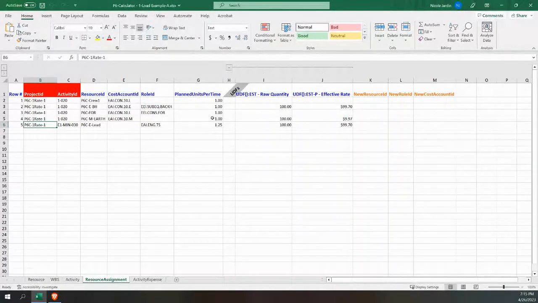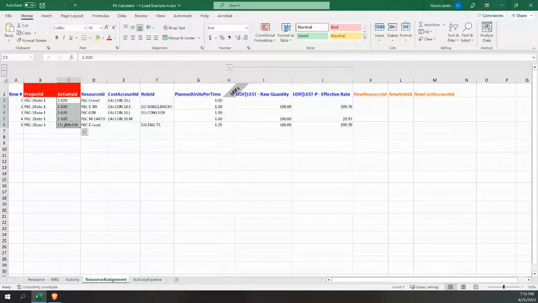This is all they need to give me. They're going to give me the resource. So it's a standard that we've got across the company. They're going to give me some sort of activity ID. Okay, and with my clients, I always try and get them to have a standard. Okay, so engineering is always 10, construction is always 40, etc. Okay, so that we have a standard approach. The cost account that this relates to,